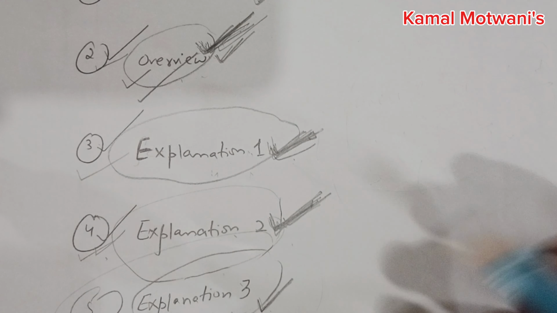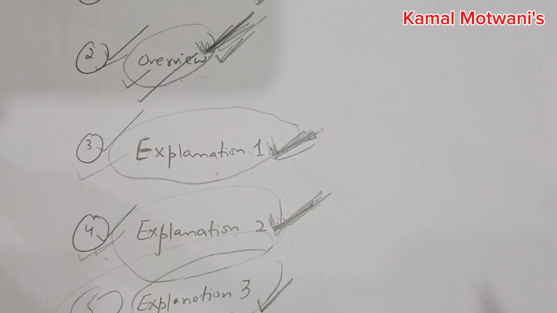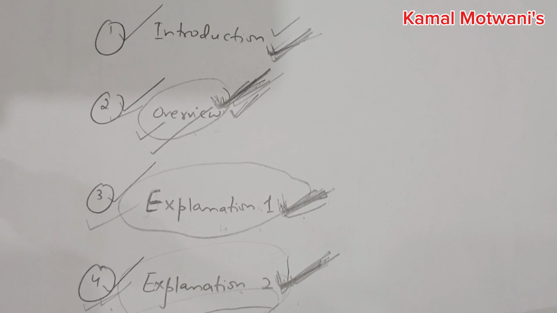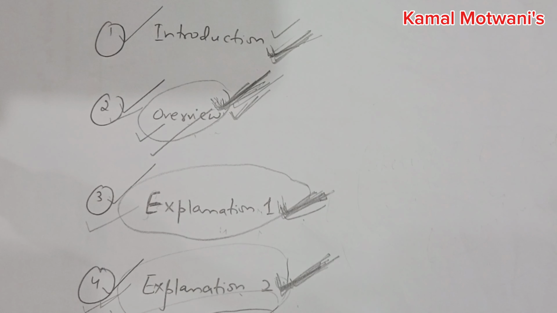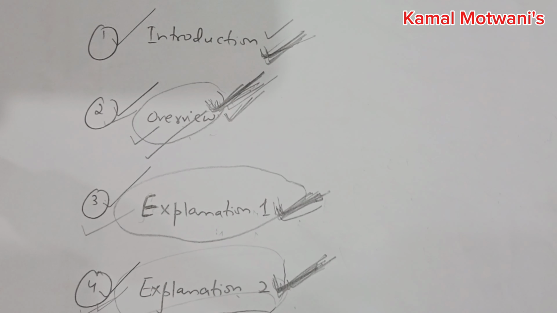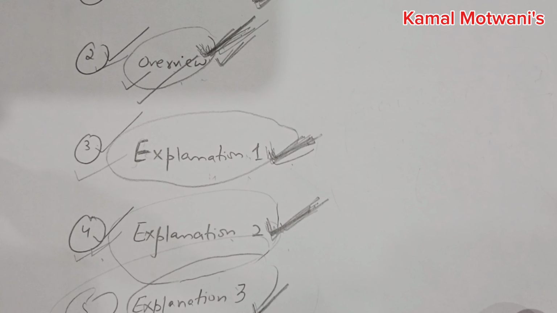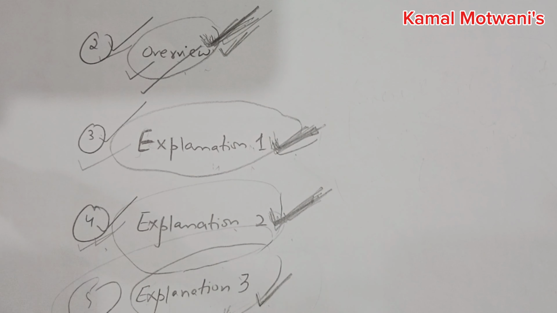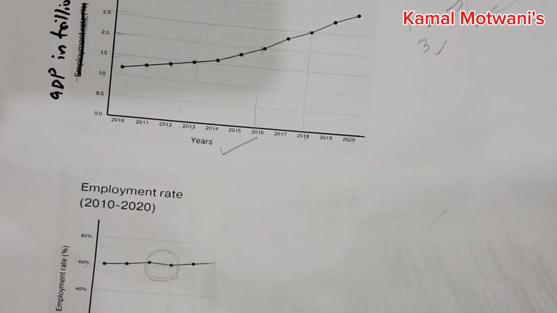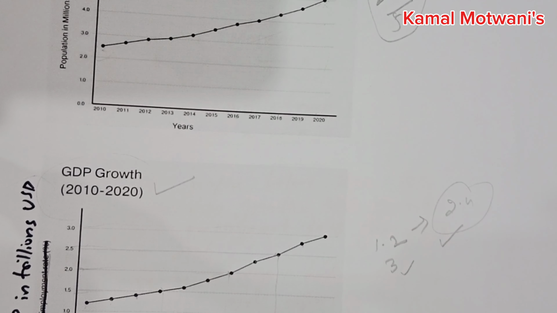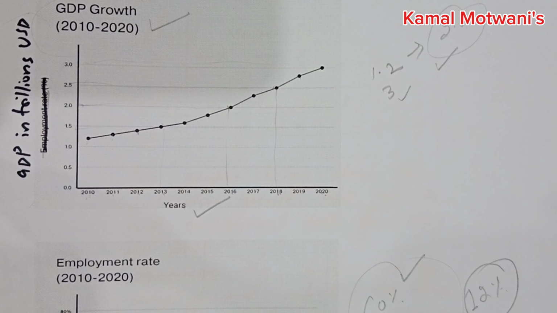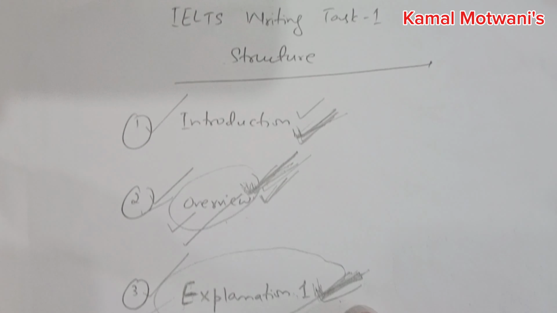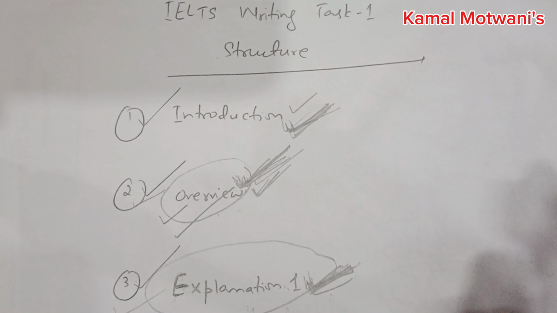It depends how many paragraphs we want in accordance with the variables that are given in our IELTS Writing Task 1. Here we will write explanation 1, explanation 2 and explanation 3 because we have three graphs. So related to three graphs we have to write three paragraphs. So let's see how I have written the introduction. First of all,